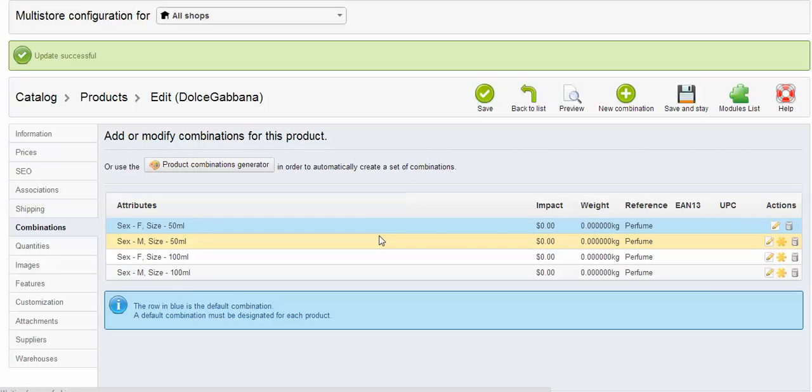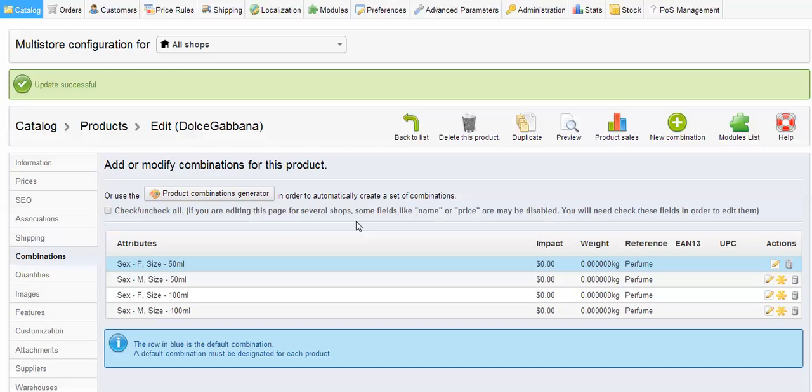Again, it's taking time. I can pause the video and come back to it. Now the product combinations have been saved, and it says update successful. As we said, we need to create barcodes, I beg your pardon,